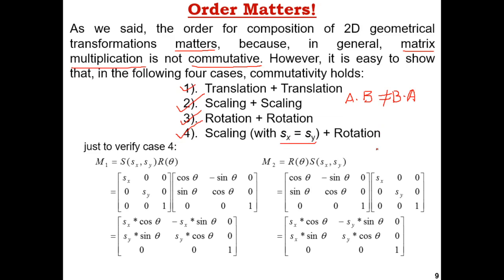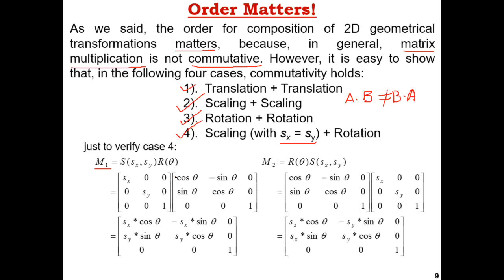How it can be possible, we are going to prove, and this question is always asked in final semester exams, as a very basic composition. A very interesting result happens here: if the scaling factor is equal, then scaling and rotation can be commutative, otherwise they are never commutative. So how is it possible? Suppose we find M1, meaning scaling and then rotation, and M2, meaning rotation and then scaling.